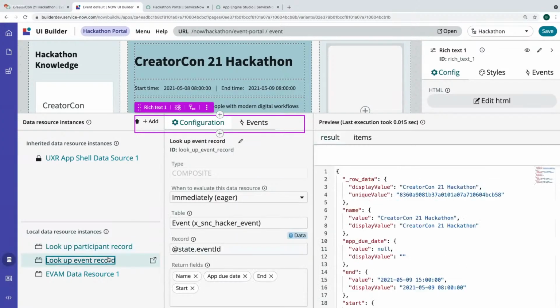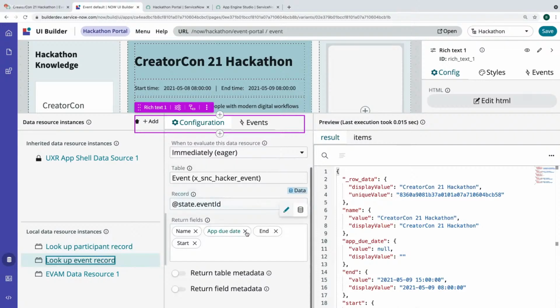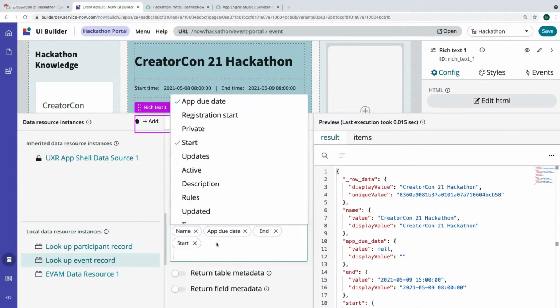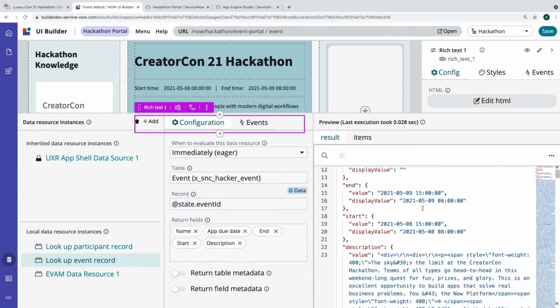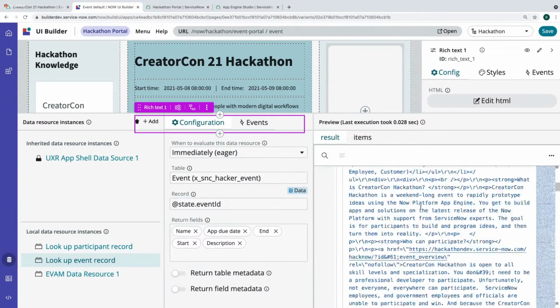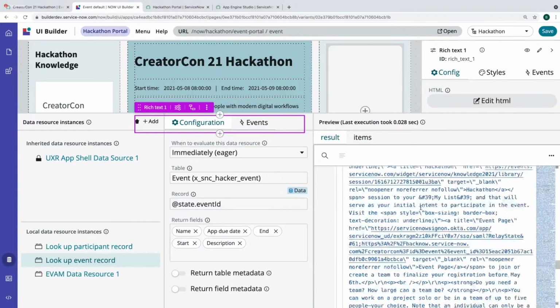We're grabbing some event data, and I am telling this data resource exactly what data I want to grab. I am not grabbing that description field, so I think we want to add that. I added that, and then my preview refreshed and you notice that this got a whole lot longer. Oh, wow, that's quite a bit longer. So this is all of the HTML.